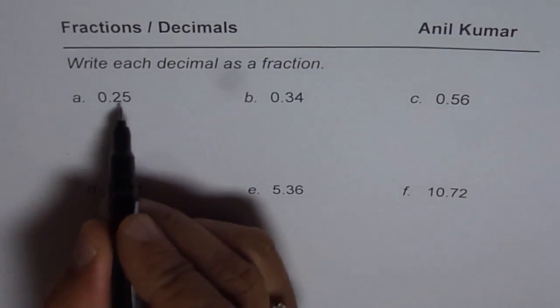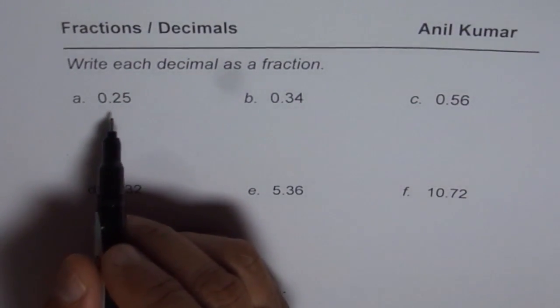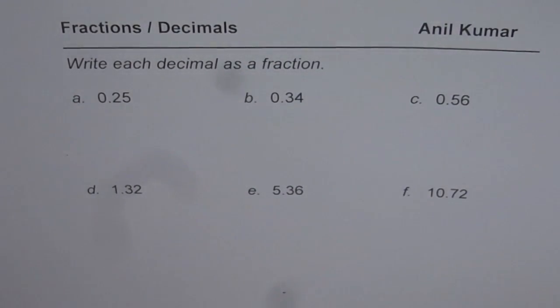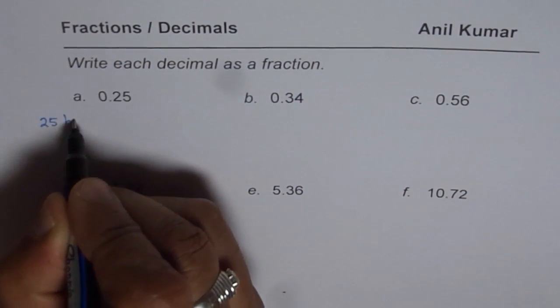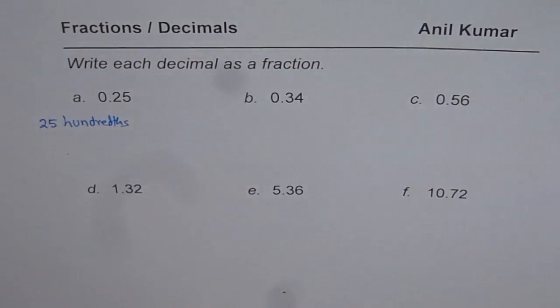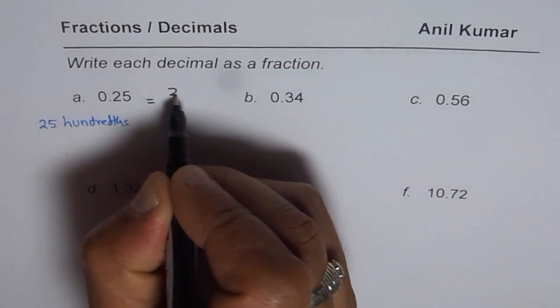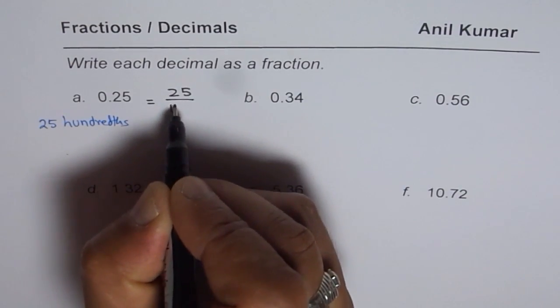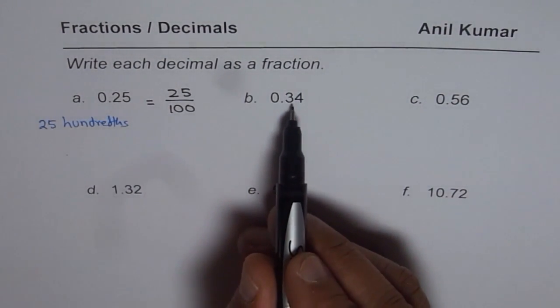First one, 0.25. How do you read this number? It is 25 hundredths, right? It is read as 25 hundredths. That is to say, we could write 0.25 as equal to 25 out of 100. So that becomes a fraction which represents 0.25. You can do the same thing with 0.34 and